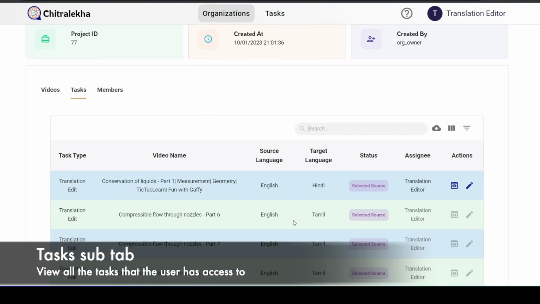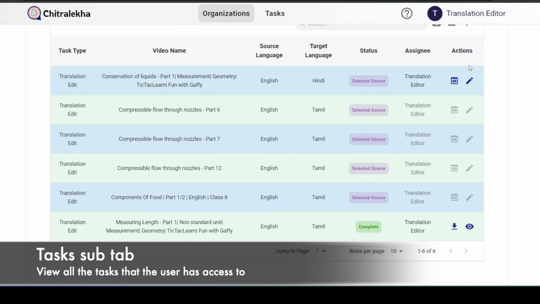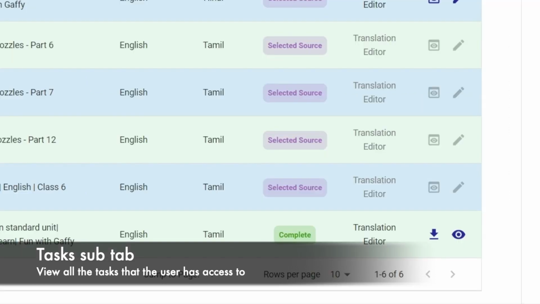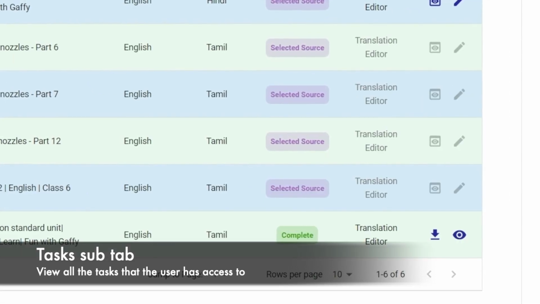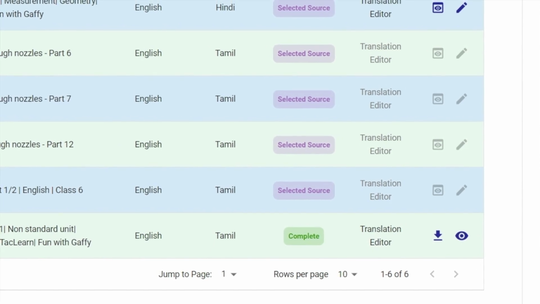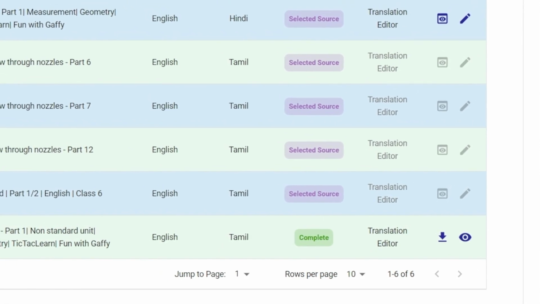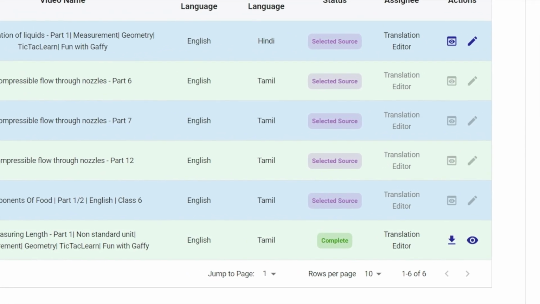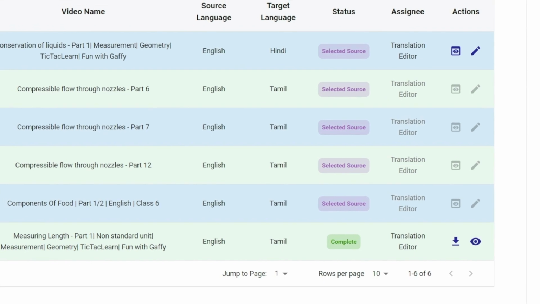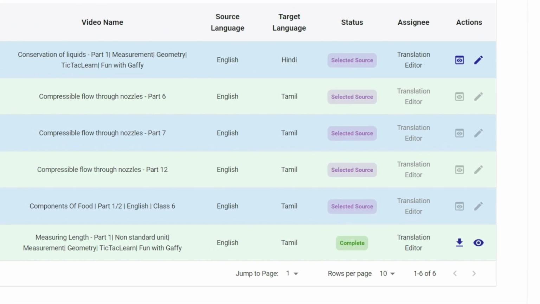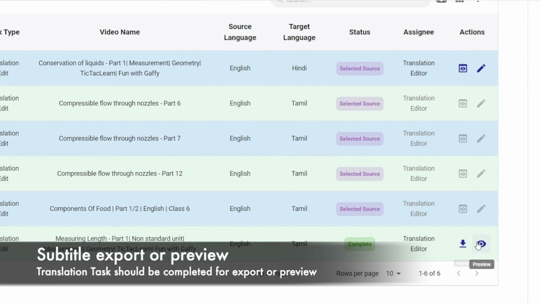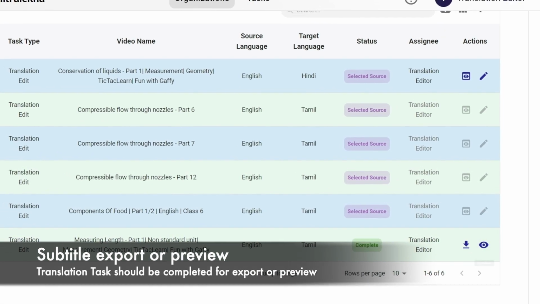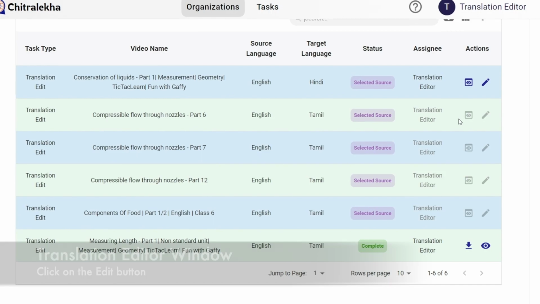Moving to the tasks tab, these are the set of tasks which have been assigned to this user in this particular project. Since this user belongs to the translation editor role, there are only translation edit tasks assigned to this user. So a translation edit task gets enabled only upon the completion of the transcript edit stage. So that is why these translation tasks are all disabled. Upon completion of translation edit, its status changes to complete and one can export or get a preview of the subtitles. So in order to start editing the translation task,